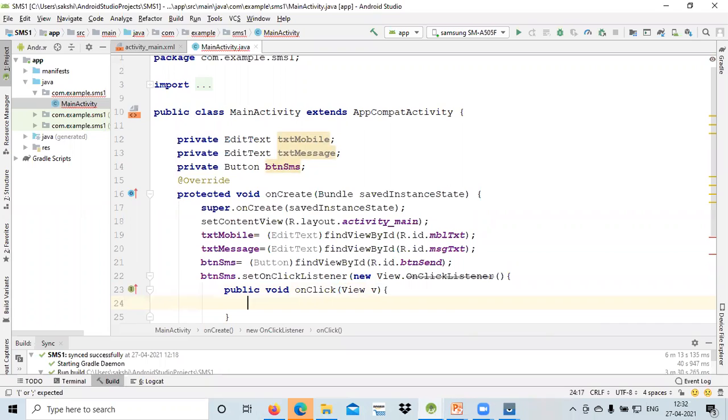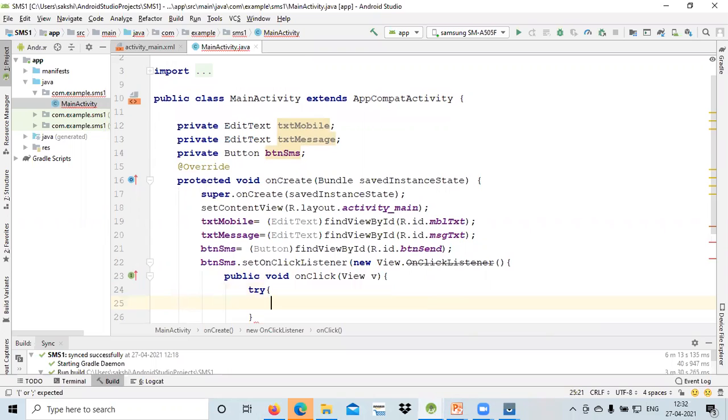For that I will be using try catch over here. So in try catch I just handle that particular thing, like we are having SMS manager and equal to, that is SMS manager dot get default.